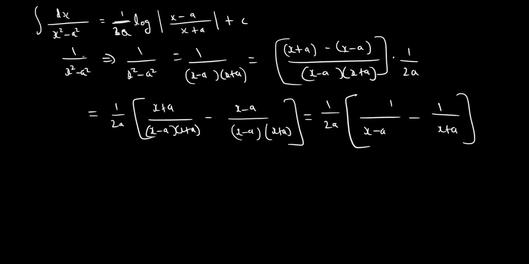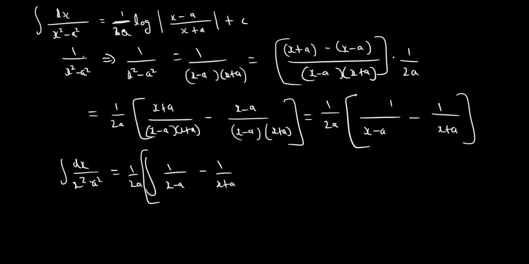So this integral is reduced to a similar expression. Now the integral of dx by x square minus a square equals the integration of 1 by 2a, take it outside, and 1 by x minus a minus 1 by x plus a,